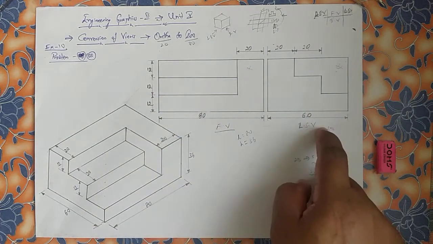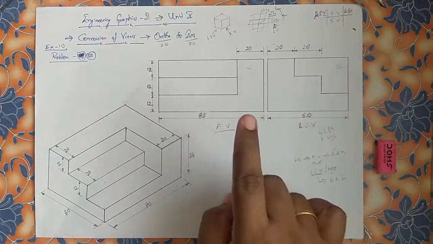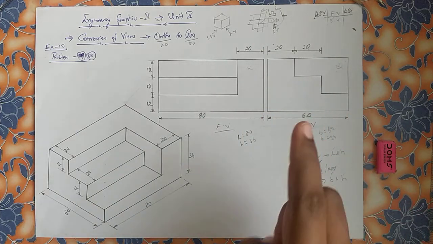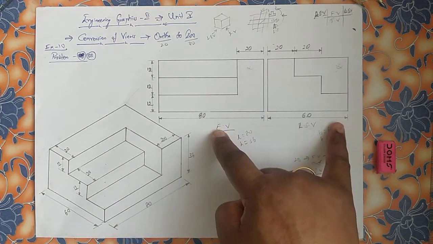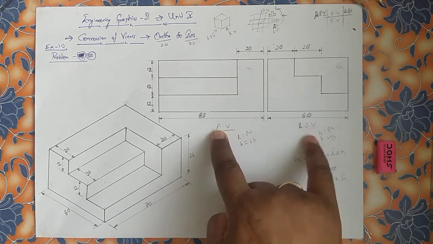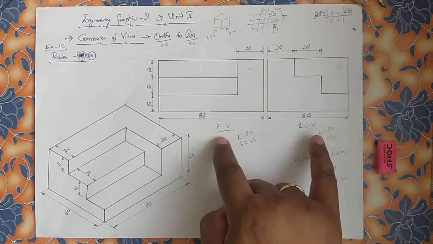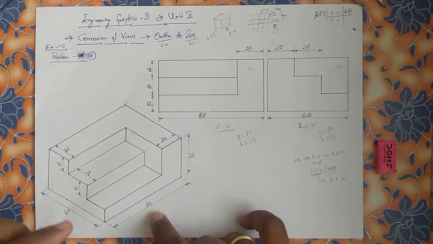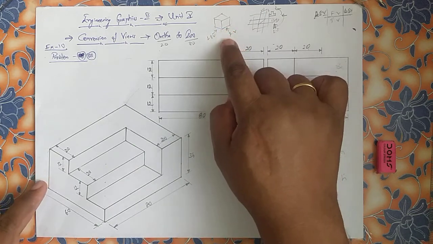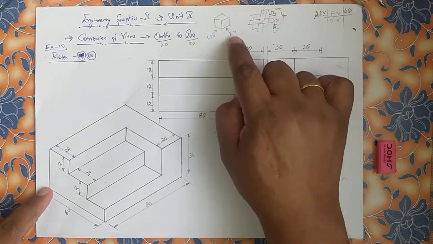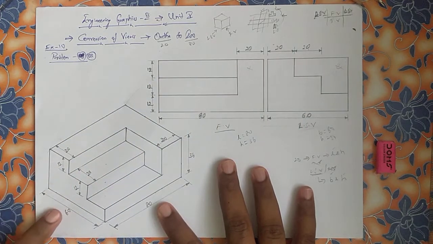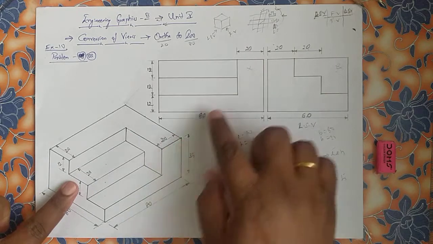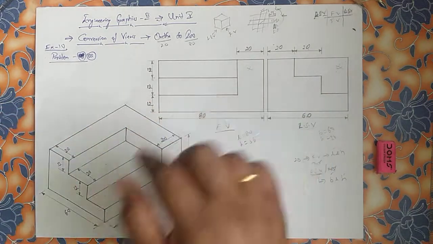Front view, left side view. The important thing here is that you are supposed to guess and analyze that this is the front view. The right side of the front view will be the left side view. So from this, you have to choose in the cube which you have drawn: iso right, iso left, iso top. Front view should be the right side, right? Iso left side view will be iso left. So the left side view you will start with here, the front view. This part will be the analysis part.